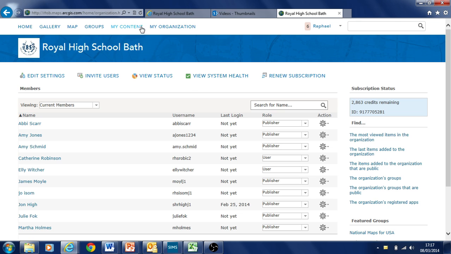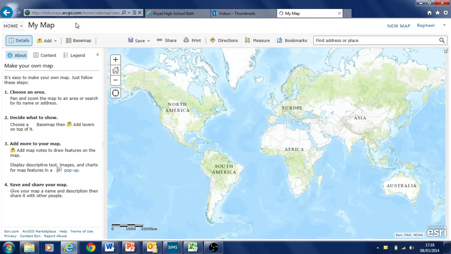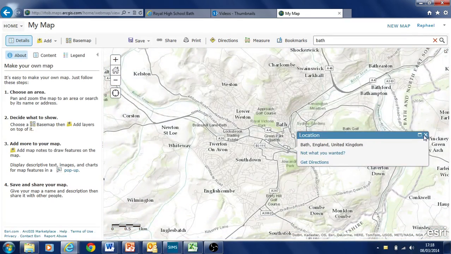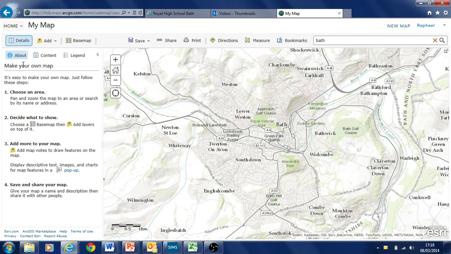Okay, so I'll open my organisational page, and I'm just going to go in and open a map and start from scratch to show you how some of these things work. So I've got a blank map here, and I'm going to zoom into a place. I'm going to type in Bath as my local location, bring up a map of Bath in the UK,